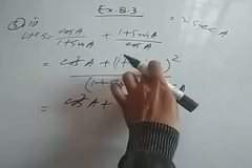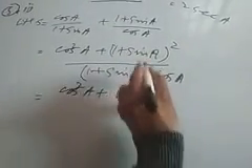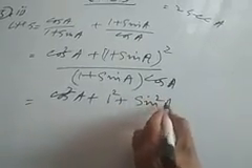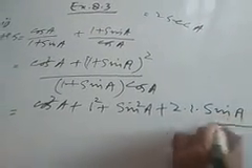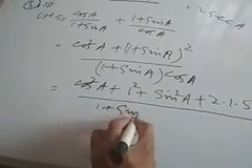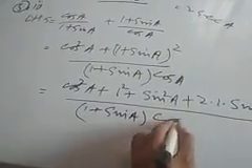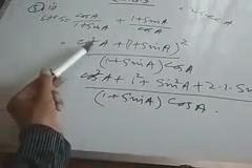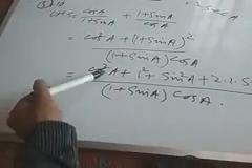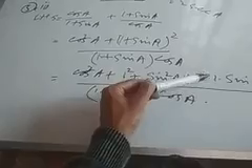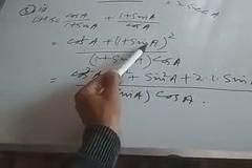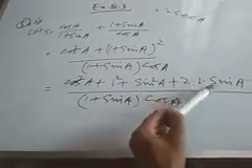Ab this is cos square a. This is a plus b ka whole square: a square is 1 square, plus b square is sin square a, plus 2ab, 2 into a which is 1, into b which is sin a, so 2 into 1 into sin a, divided by 1 plus sin a into cos a. So what I did here: cos square a plus 1 plus sin a ka whole square, cos square a plus a plus b whole square, 1 square plus b square sin square a plus 2ab, 2 sin a. Now I can write it as cos square a.